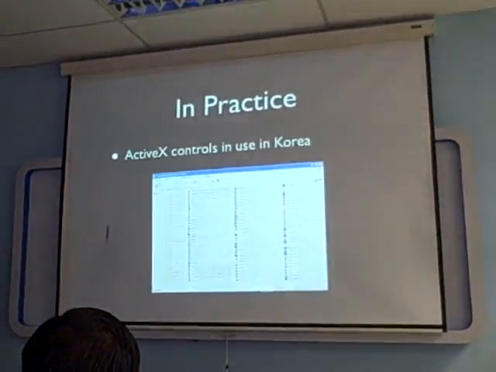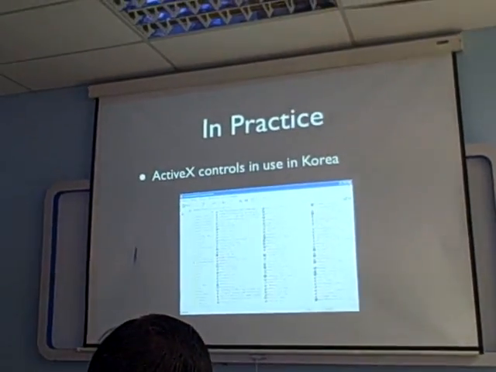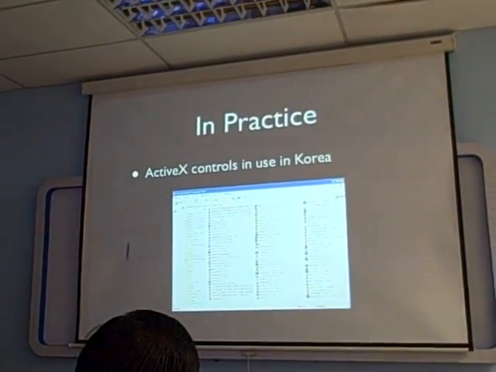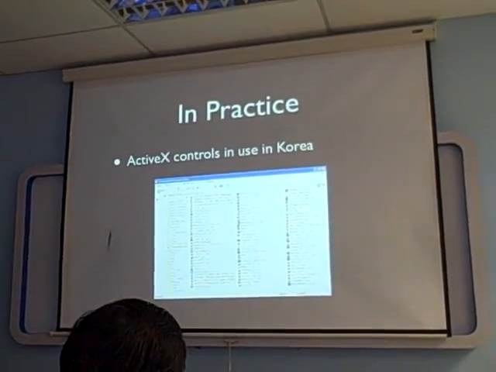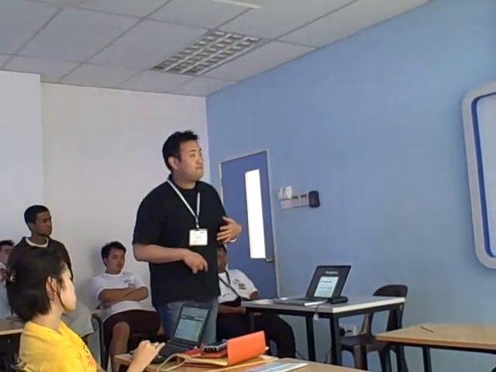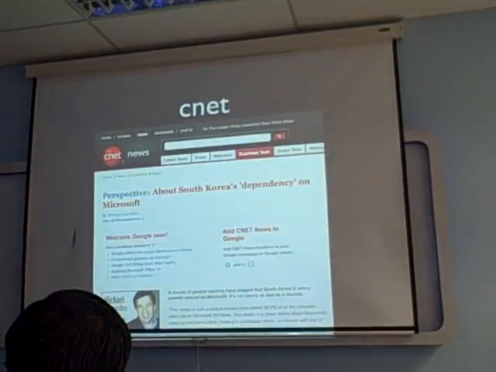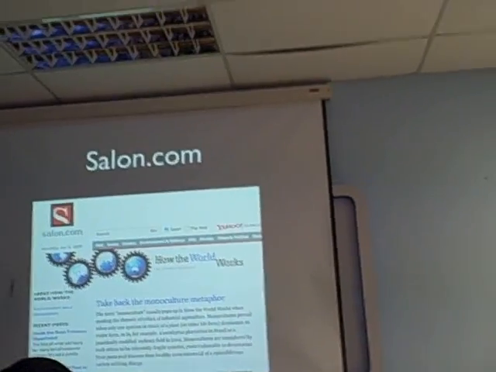In practice, what this means is that for every single website where you need to do some kind of secure transaction, you have to download a new ActiveX control. So this is the Windows Explorer for XP for a friend of mine who's one of the technologists at DOM Communications, the number two search engine. And he has thousands of these ActiveX controls, while I think most people have a few. This article was picked up by Boing Boing, Slashdot, CNET, Salon,